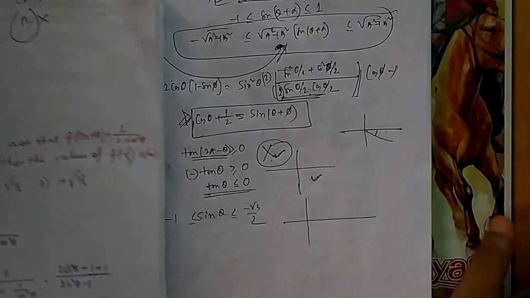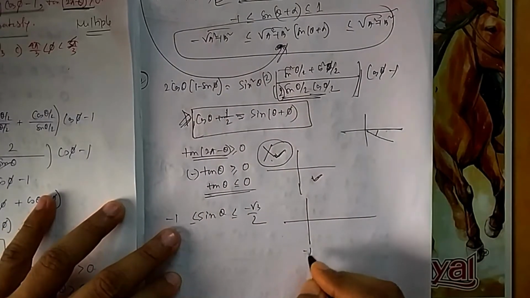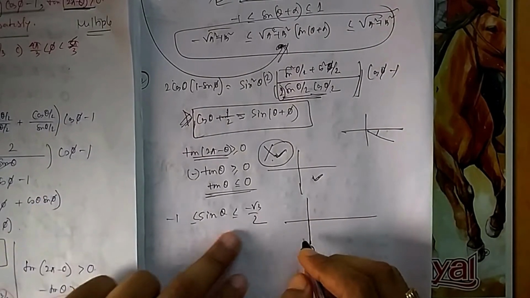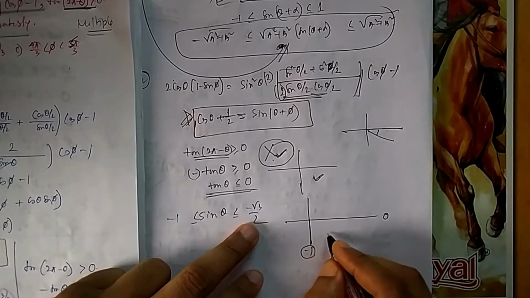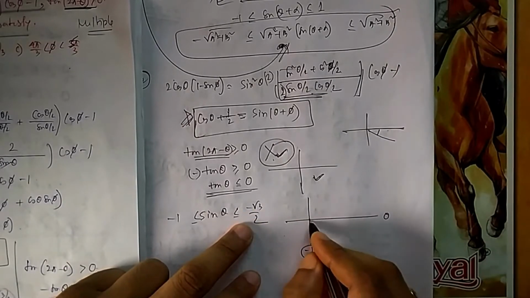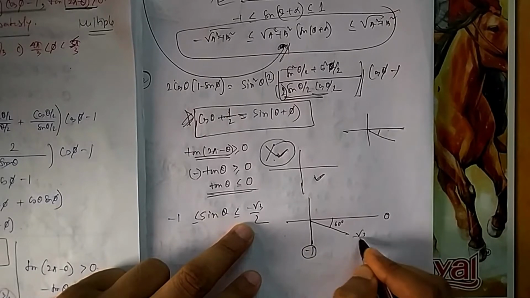Now also very good, because they have given you values, and these two are standard values. Sin 90 is 1, so minus 1 is at the angle starting from here, where it is 0. It will reduce to minus 1 here, then increase actually on the negative side. So what is minus root 3 by 2? Sin 60. So this angle is 60, and this will give me minus root 3 by 2.